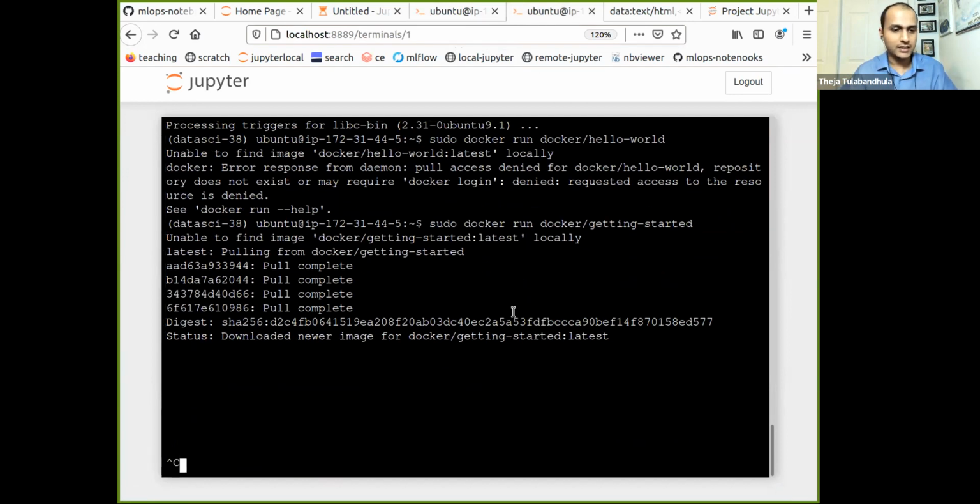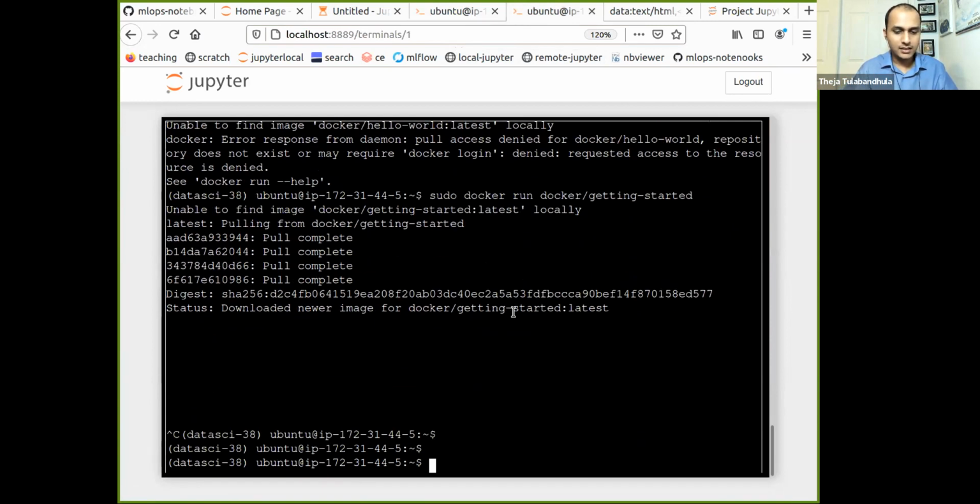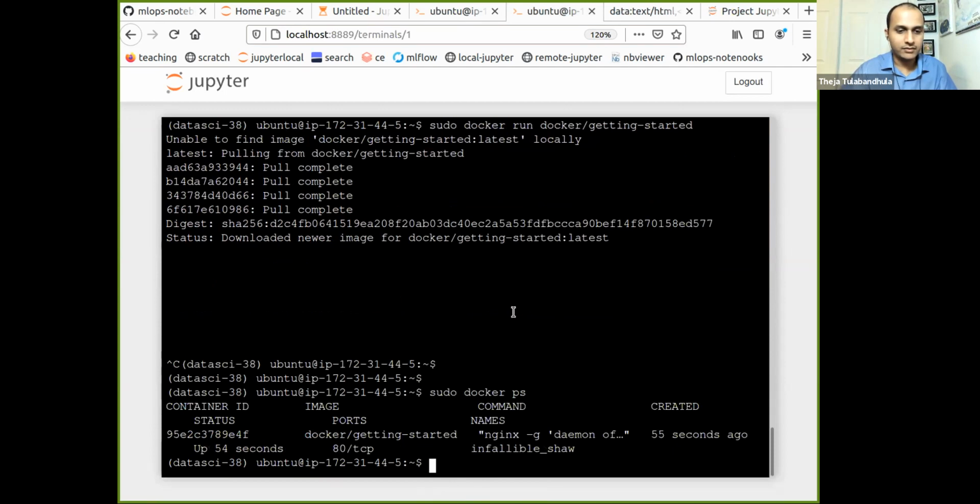I think there's some issue with running. So I can type sudo docker ps to see if... okay. Actually, sorry about that. I forgot that this is supposed to be run as a background process, as a daemon. So it did run.